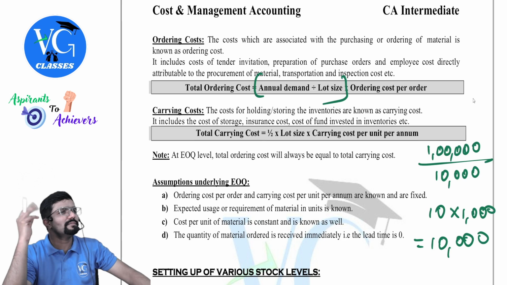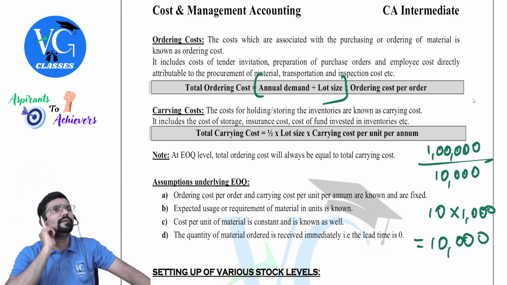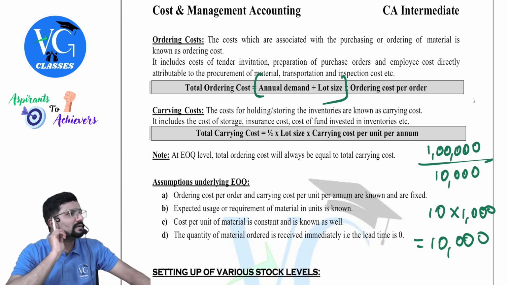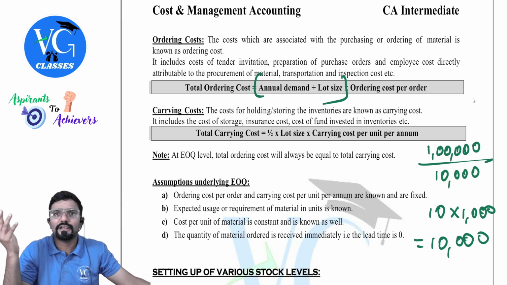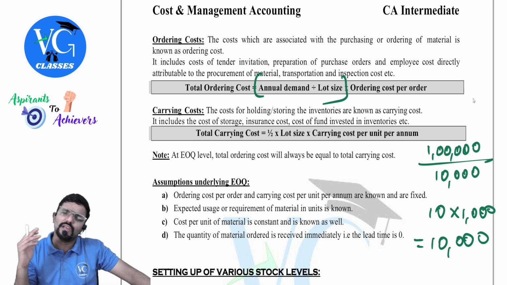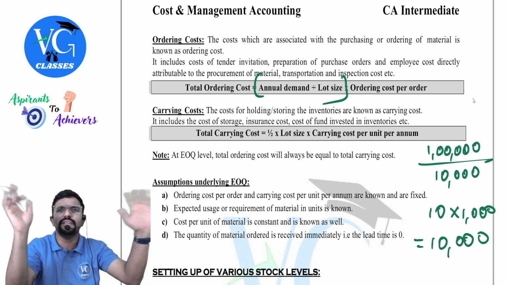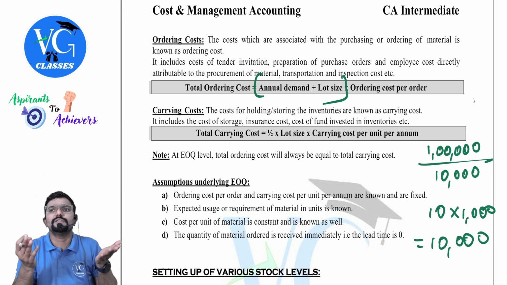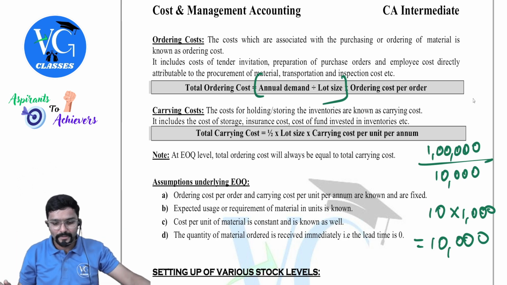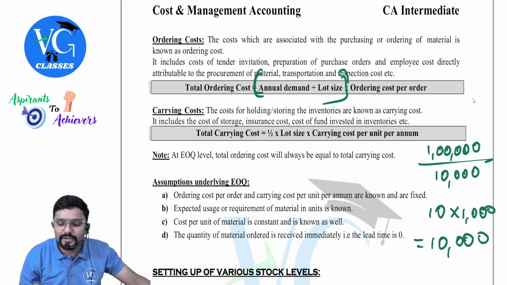Now in the exam they use requirement or demand. You will be like, oh, what is this? Something new they have given. What should I do with this and that? So any alternate names and all, I will be covering it in the class so that anything they use in the exam, you should be aware. Oh, this is what it is. Okay. So when you divide this, what is lot size?